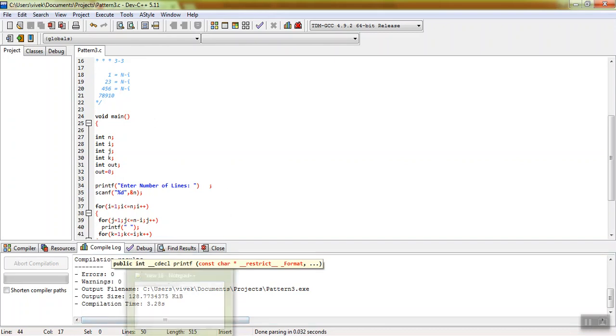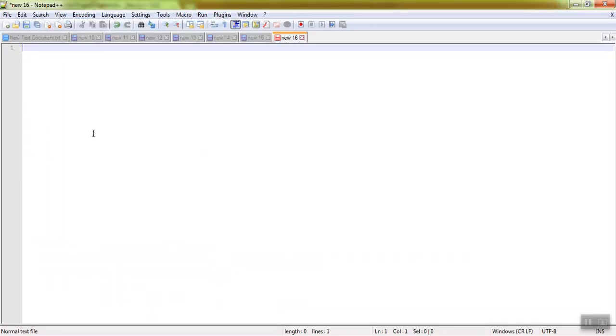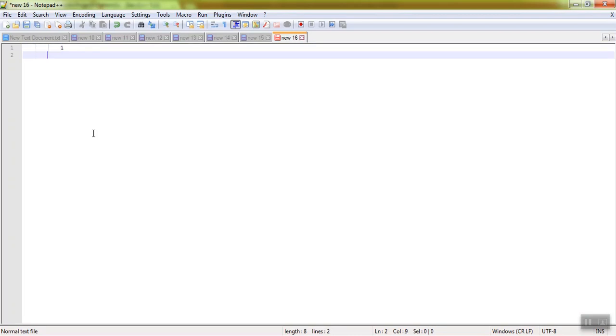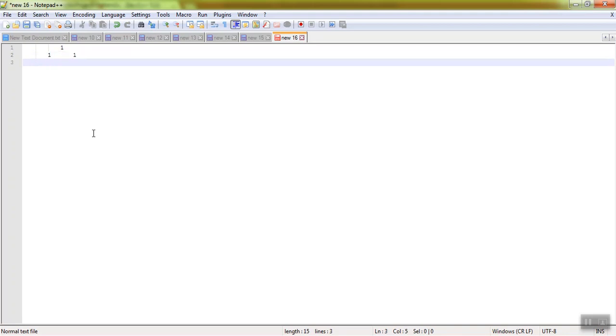So there's one famous pattern that is called Pascal Triangle. That will look something like this on the first screen. On the first row, it will have 1. On the second row, it will have 1 and 1. On the third row, it will have 1,